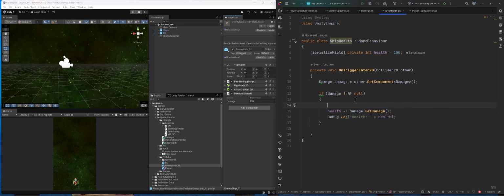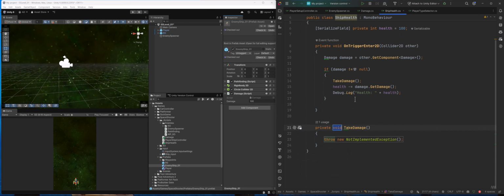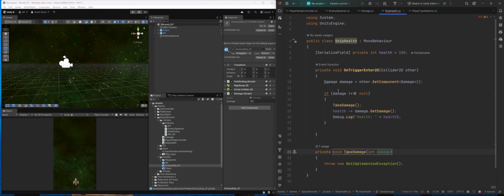All right, so inside of here, let's make another method. We're just going to call this a method called TakeDamage, and I'm going to hit Control and period, and create a method called TakeDamage. Now what this is going to do is, let's pass in an integer and type damage. And what'll happen here is we will call this TakeDamage as we bump into, if damage is not equal to null, we will pass in,